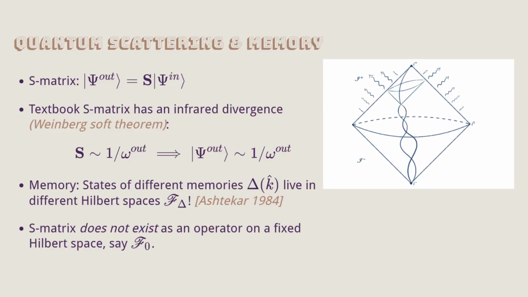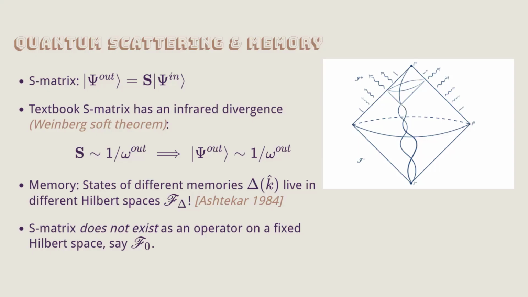What is the precise definition of this F delta? I'll give you a rough definition, or I can write the whole mathematics if you want. The precise definition is you take a classical solution which has this memory. You create a coherent state on top of it. Any classical solution, you can upgrade to a coherent state. Agreed? Now you can ask, can that coherent state be normalizable in the standard norm? And the answer is it's not.